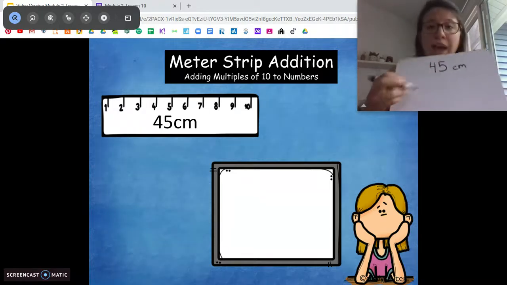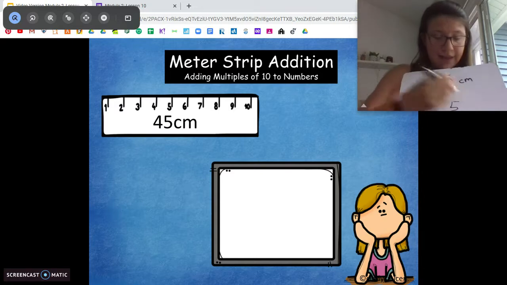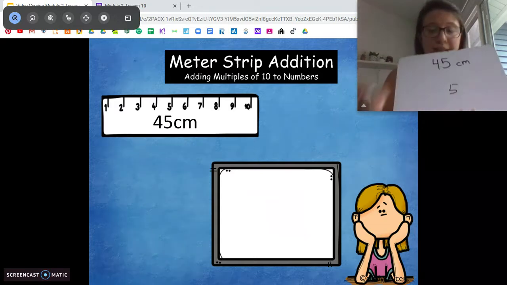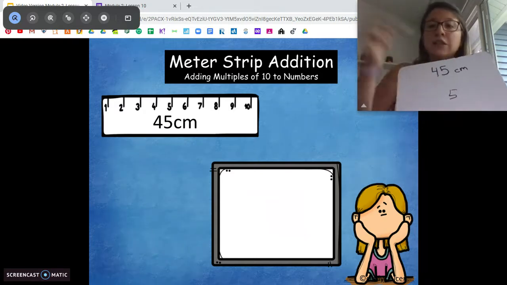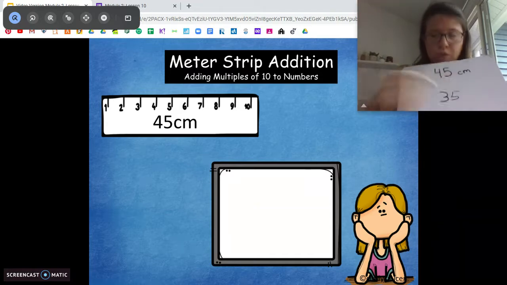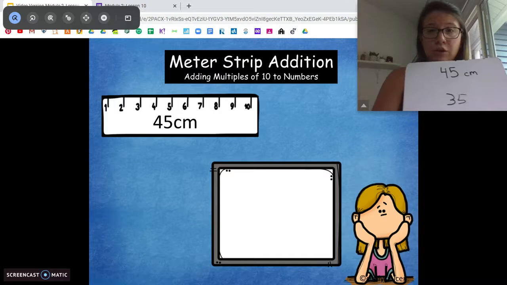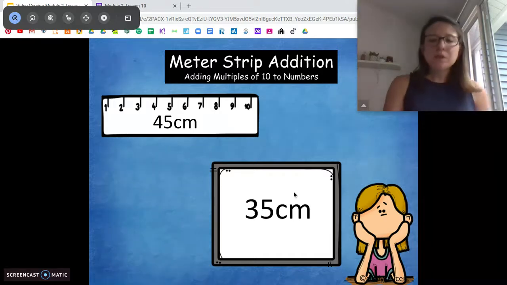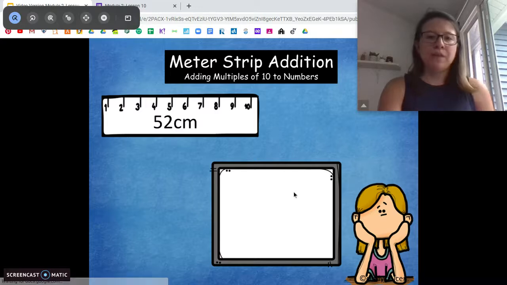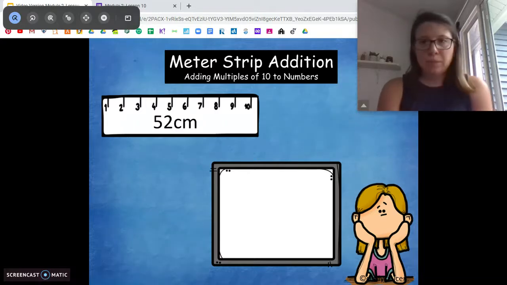Now, when I want to go 10 less than this, the 5 is staying the same. The value in the ones place stays the same. The value of the tens goes down 1, goes down 10 to 35. All right? So I'm going to tell you a value. You tell me the 10 less. Here we go. 52 centimeters, 10 less would be